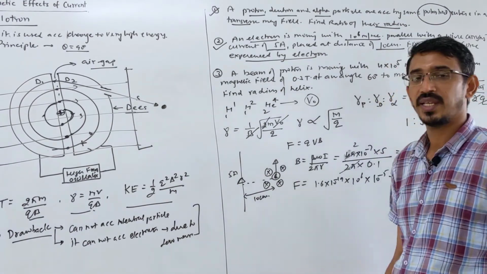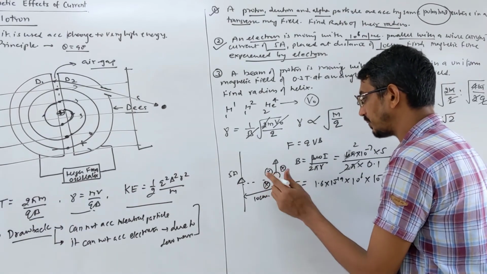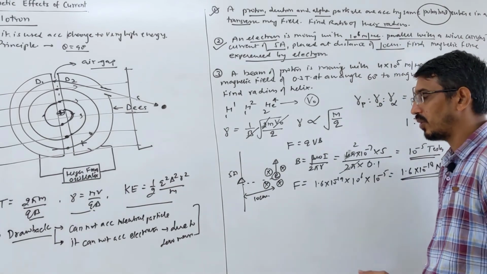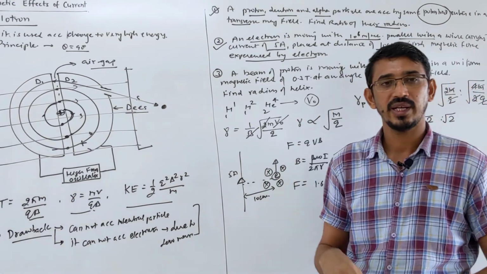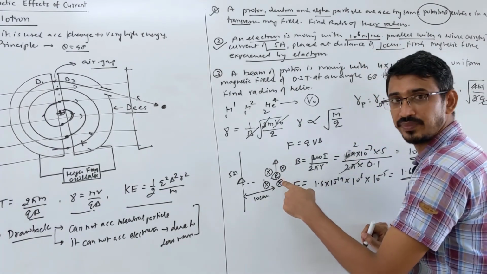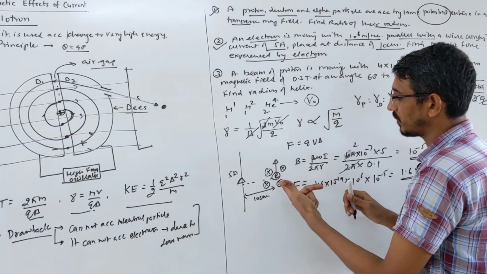Also they can ask you what is the direction, in which direction this electron will move. Okay, this is an electron. Correct. So we can use our hand rule. I told you, positive charge means you use the right hand, negative charge means what? Left hand. So see here, the magnetic field is what? Inward. Correct? So this finger shows magnetic field inward. Velocity.